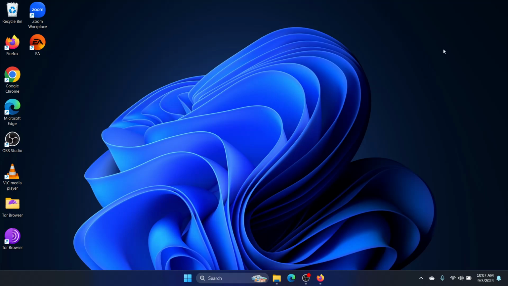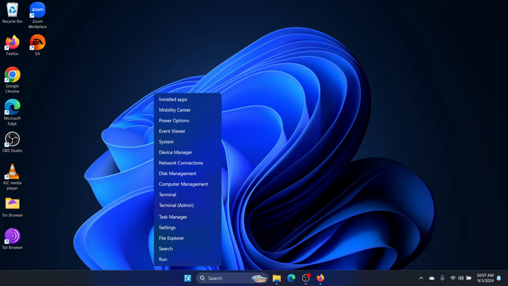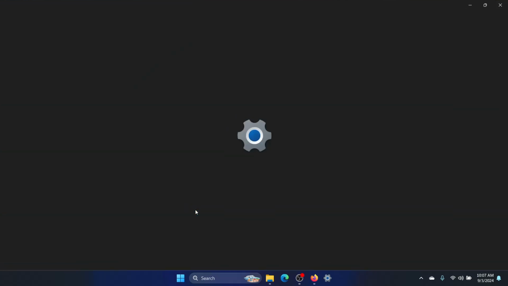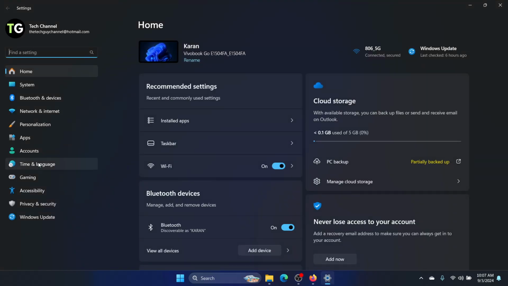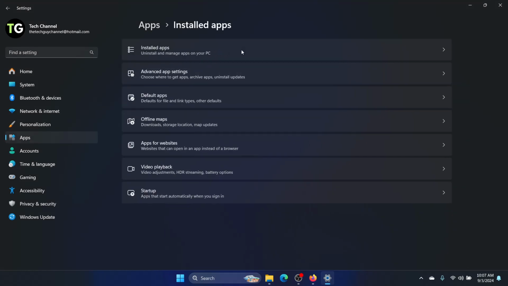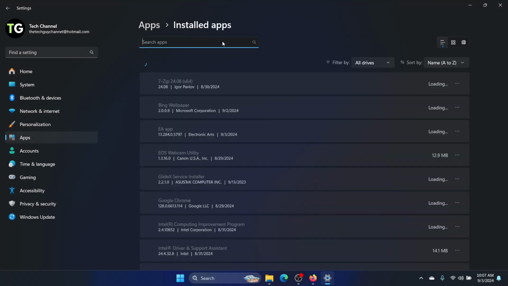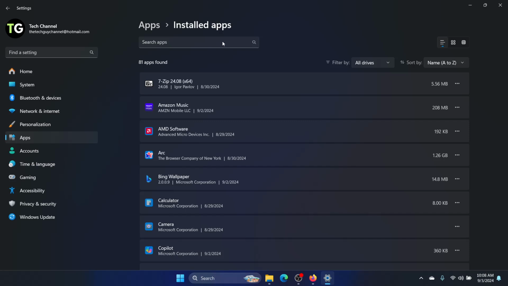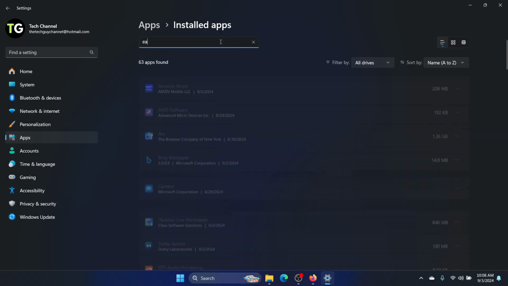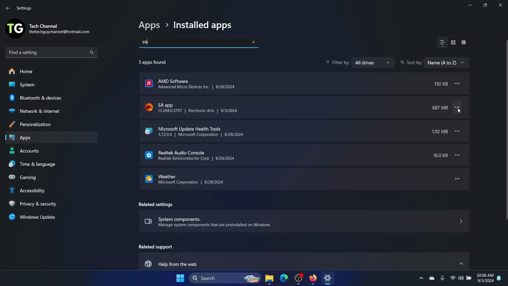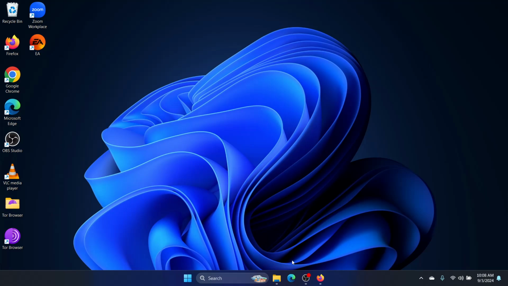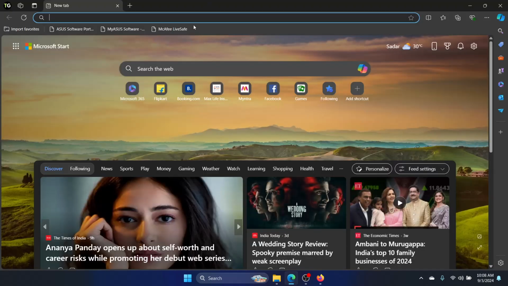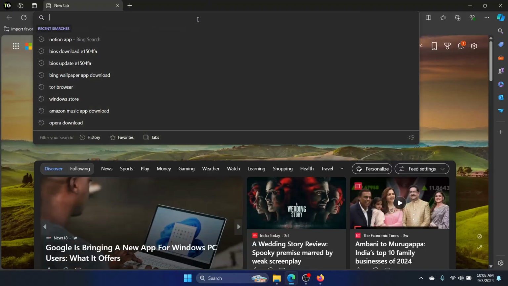So for that we need to right click on the start button, look for settings, go to apps, installed apps, and we need to search for the EA Games app. Now once we found it, right click on these three buttons here and click on uninstall. Click on uninstall once again, and then we need to reinstall it, and we'll do that by searching for EA